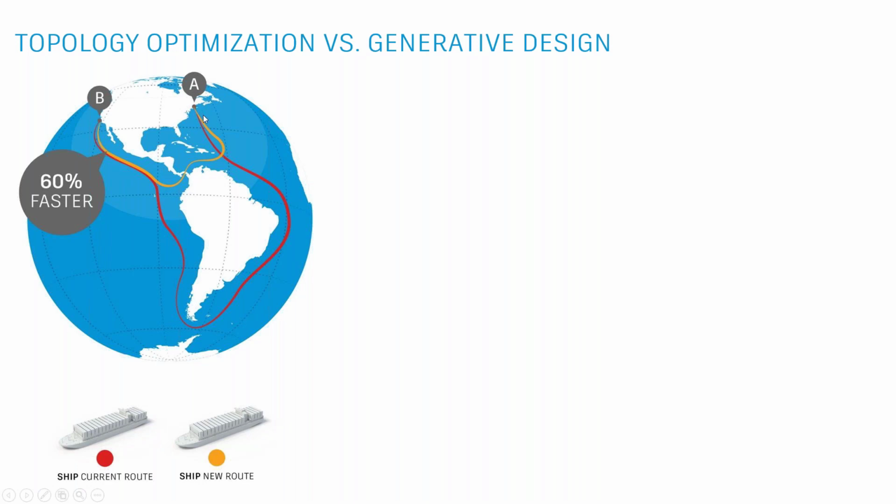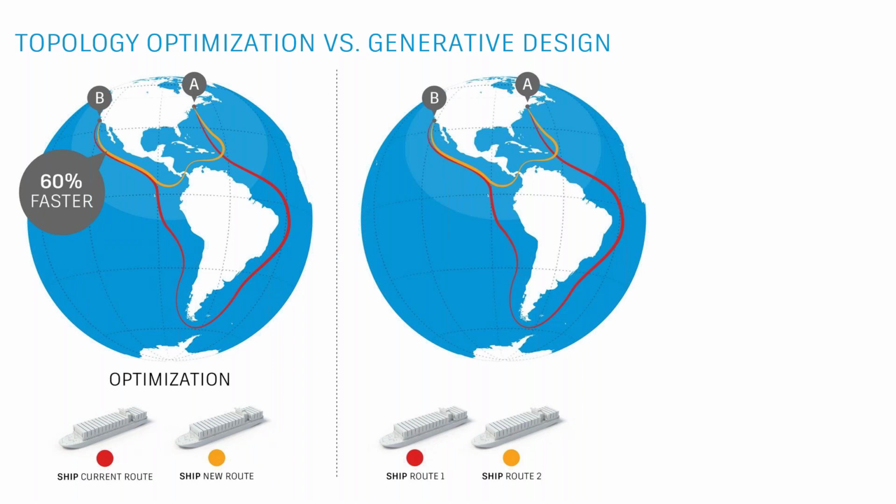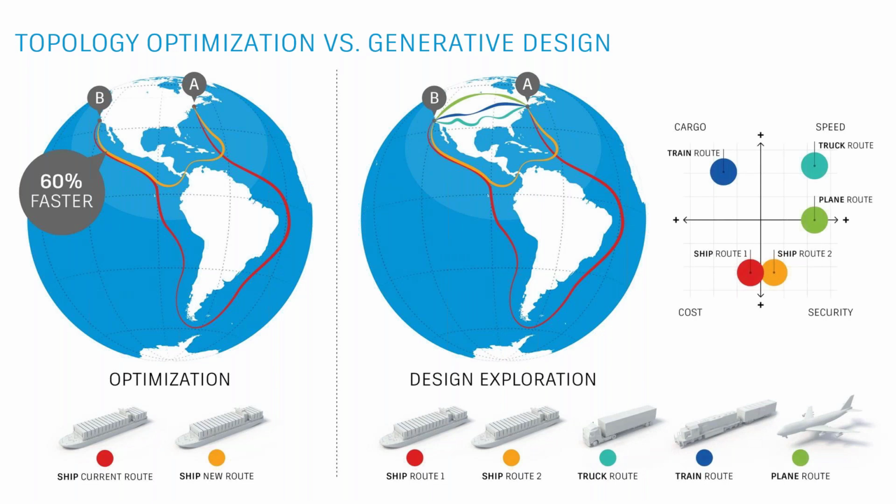If we take a shortcut through the Panama Canal, we're going to go 60% faster, right? So that's what topology optimization does for you. It removes material, makes your part lighter. So it's examining it based on your current material, your current loads and constraints. To contrast that with generative design, it will also do that, right? So it will find you a lighter design, but at the same time,